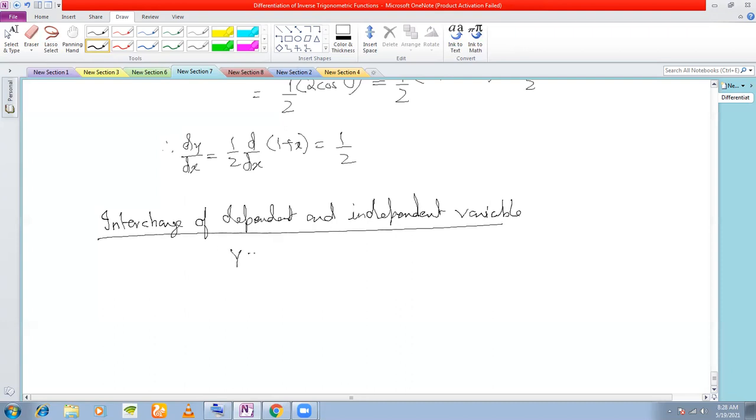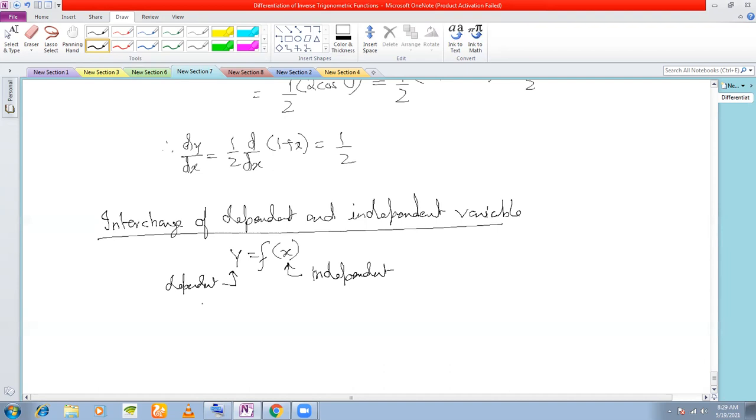See that when I have a function y is equal to f(x), x here is called the independent variable. In fact, in class 9 also I had explained this to you, right? y is called the dependent variable. x is independent because whatever value of x you take, the value of y will depend on x. If you take x is equal to 1, you will get the value of y. Take x is equal to minus half, and depending on the value of x, you will get a corresponding value of y. So that is why x is called the independent variable and y the dependent variable.